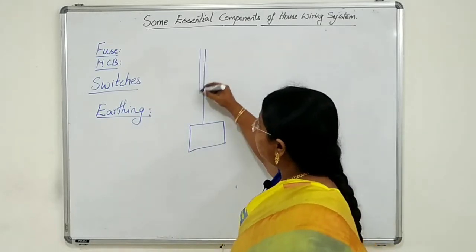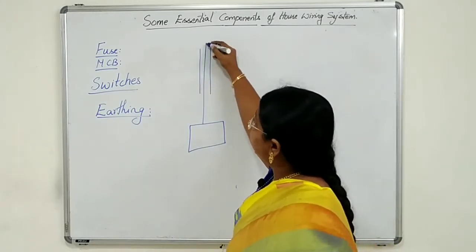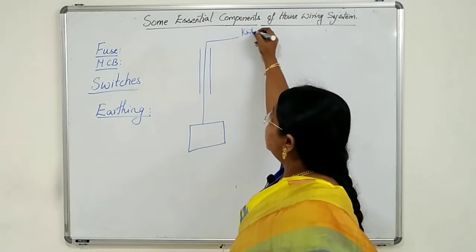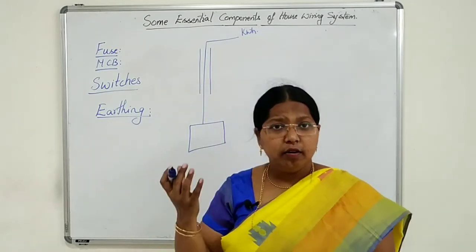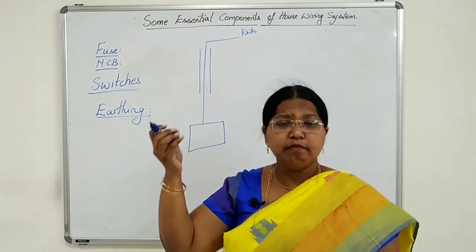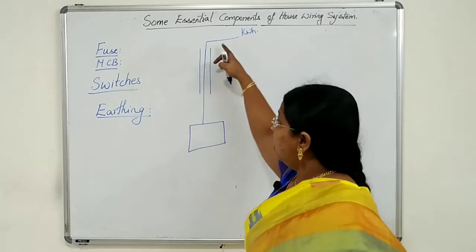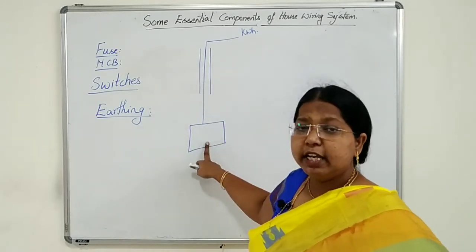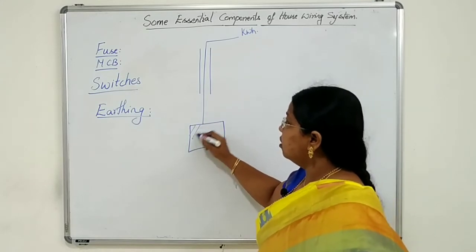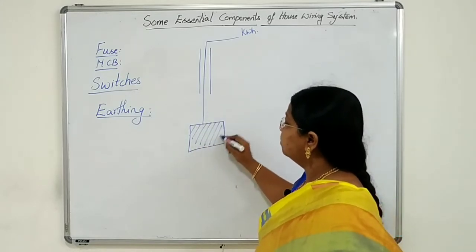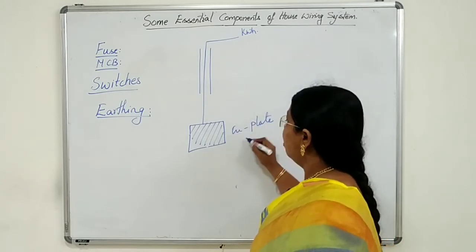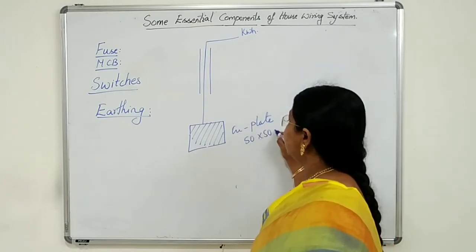So this is passed through the plastic pipe for insulation. It is coming from the kWh meter. Near the kWh meter, this earth wire will be connected, and from there it is coming, and we are burying it deep inside the earth. At the other end, it was connected with a copper plate of dimensions 50 by 50 centimeters,